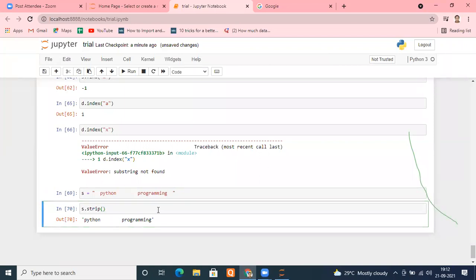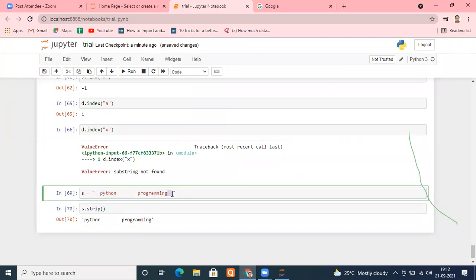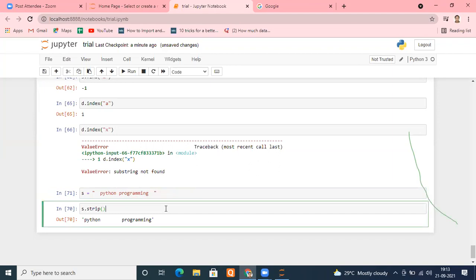Strictly, one thing I want to make clear: it will remove only and only the spaces at the beginning and at the end. It won't clear the space in the middle. Remember that. Intentionally, I did this so that you can understand things better. If you think it is going to make my life very easy, no, that's not the case. It can only remove the space at the beginning and at the end, so you have to manage that properly. I hope it is clear, right? Ensure that it will always remove spaces only at the beginning and at the end. So I'm running it again.